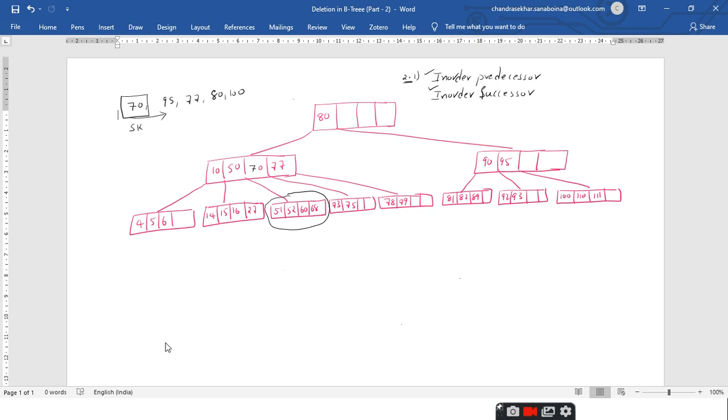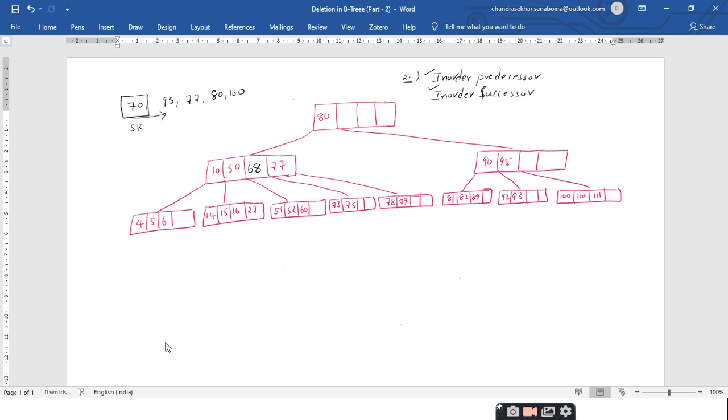Yes, sir. So the in-order predecessor is the largest element in the left child or left branch. So what is the largest element? 68, sir. Now you have to replace this 70 with this 68. That means you have to push this 68 and place it in the position of 70, right?